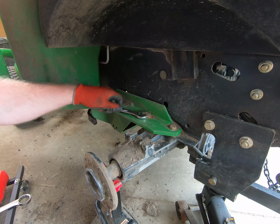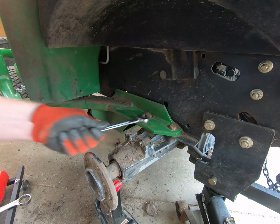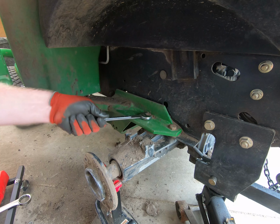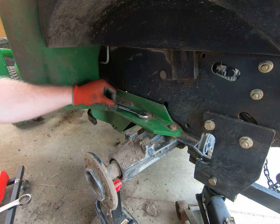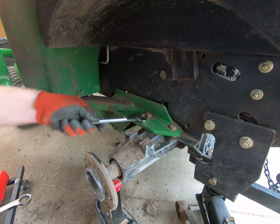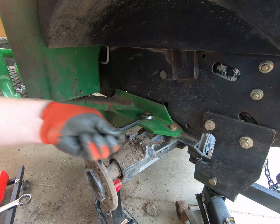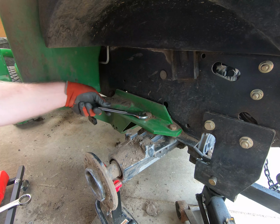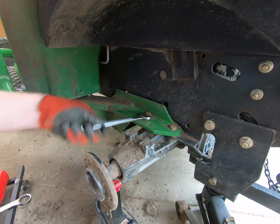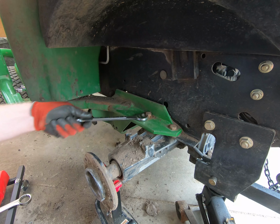Tell you what, doing old school technology with a non-ratcheting wrench is a little bit painful. You get so used to the ratcheting wrenches. Like I said, I'll get some measurements off these. I've already written some down. And then at a later date, I'll come back and determine if I can modify these mounts or...